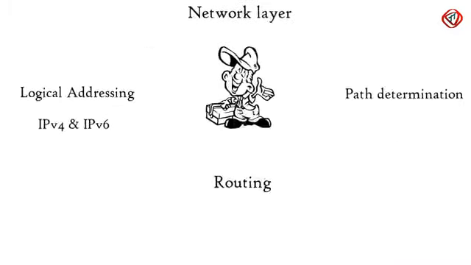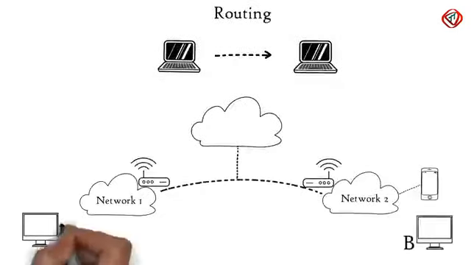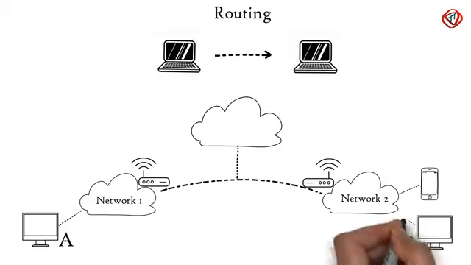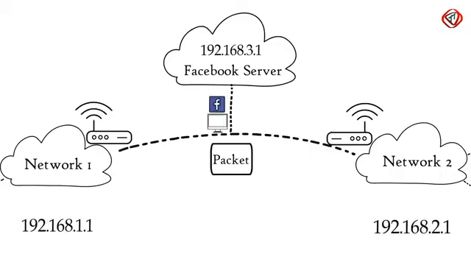Routing is a method of moving data packet from source to destination, and it is based on the logical address format of IPv4 or IPv6. Suppose computer A is connected to network 1 and computer B is connected to network 2. From computer B, we have requested to access facebook.com, and now there is a reply from Facebook server for computer B in the form of a packet. This packet needs to be delivered to computer B only. Since in a network each device has a unique IP address, these both computers will have a unique IP address as well. Network layer of the Facebook server has already added sender and receiver's IP address in the